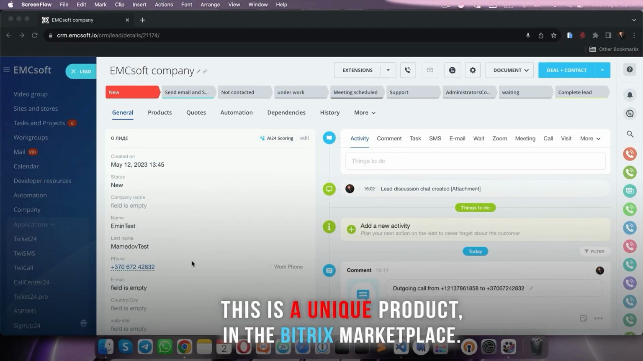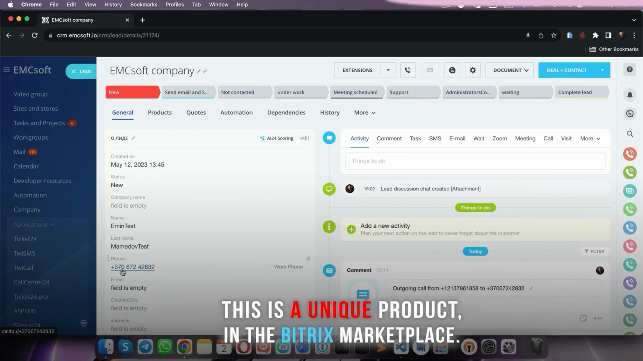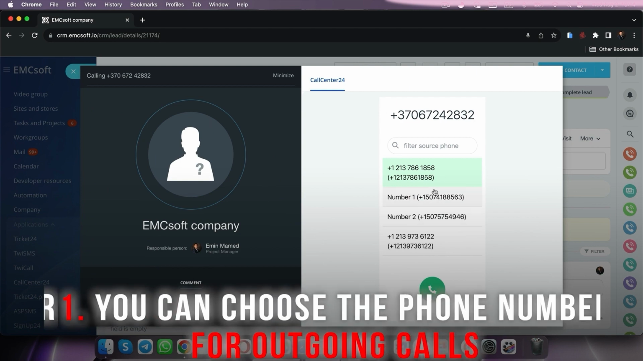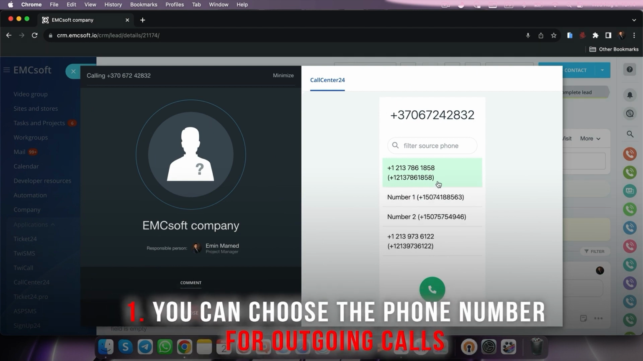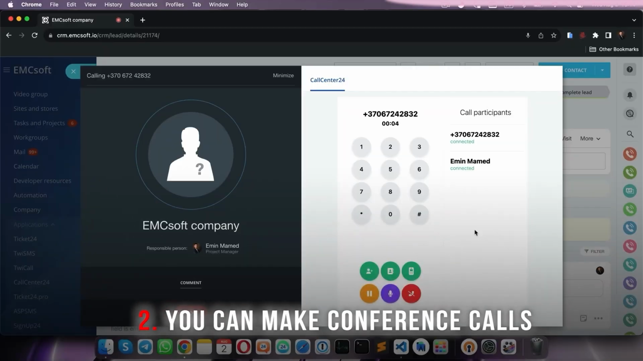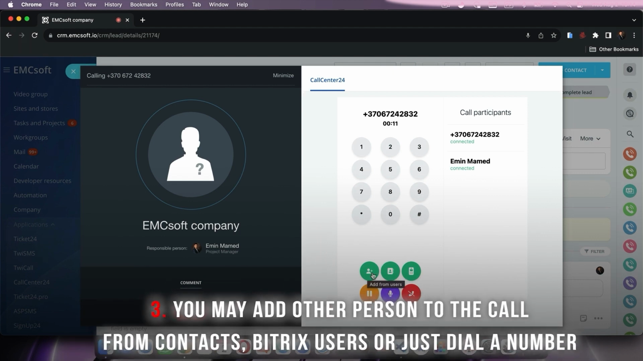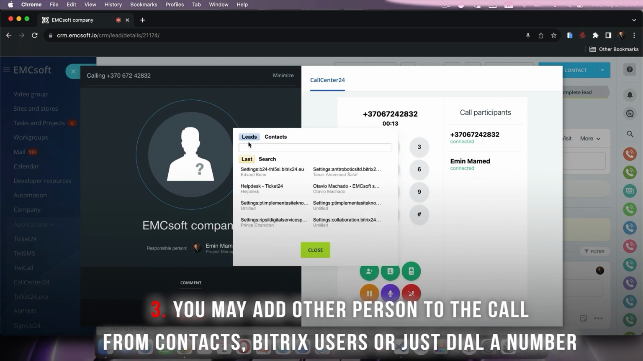Using Call Center 24, you may make a call by clicking on the number. Select a number from which you want to call. You can add up to 100 numbers. Make a call. During the call, you can add to the call any contact from your Bitrix, from leads or